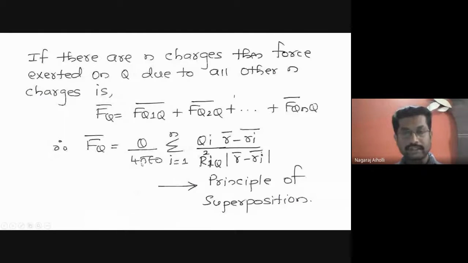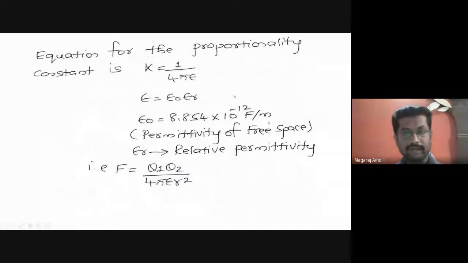These formulas, if I write individually for every force, that is Fq1Q bar plus Fq2Q bar, and similarly FqnQ bar, will be Qn into Q divided by 4 pi epsilon R square into the unit vector AnQ bar. The same formula we have written here, if I apply it to all these forces, then the final equation will be...